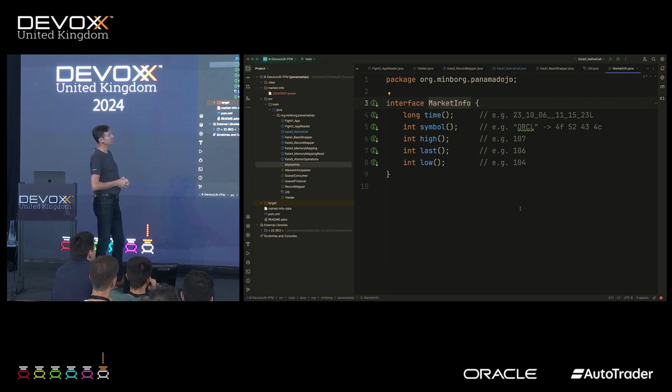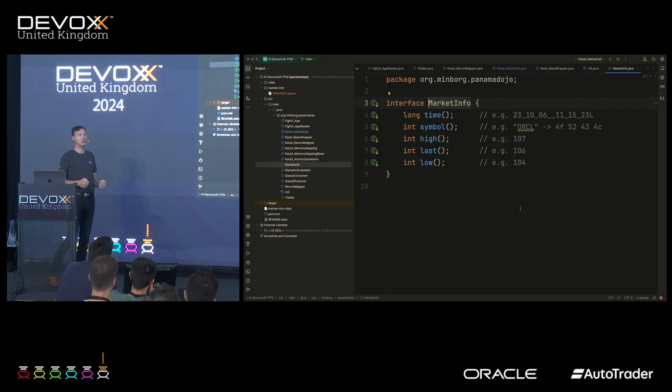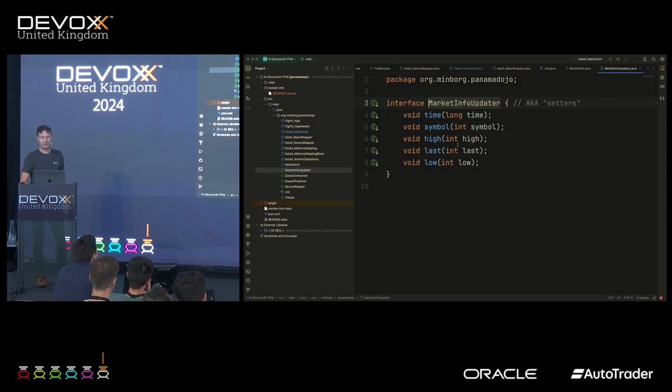The symbol I elected to code as an int. I use all the ASCII characters and shift them around so I get an integer. The reason is I want this data representation to be of constant size. I could do it with a variable length, but that would introduce a lot of complexity, and I only wanted to show the main principles here. We have the highest, the last, and the lowest bid for the day. Right now this is an integer, but you can imagine that we can model this as millicents or something else of arbitrary resolution. So these are the getters,